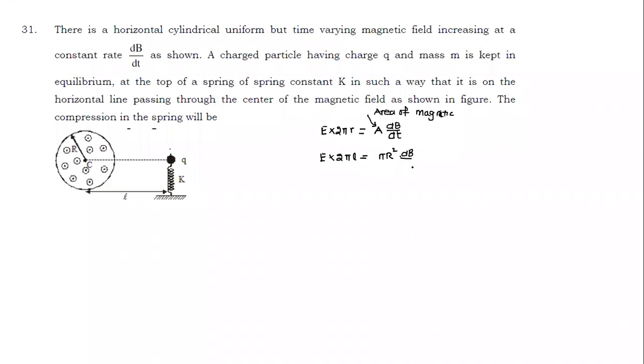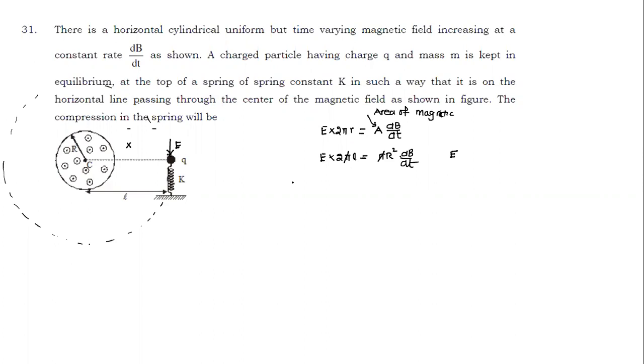So you don't need to memorize the formula. Very easily we can arrive at the value of the field. This is the field which will act. Now the question is, which direction will the field act here? Every time, we can imagine a loop passing through the point where the induced field needs to be calculated. This is a dot one, and it is increasing. So the induced current will be in the opposite direction. It has to be such that the current will be like this. So it means the field has to be downwards. This is the direction of the field.